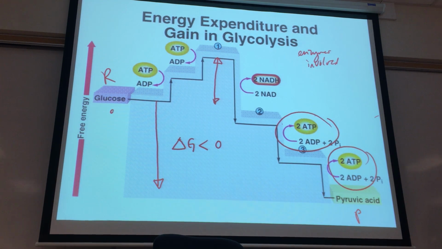How do we define endergonic and exergonic? The direction of energy, right? Yeah. And this is energy exiting the system. Exergonic. Okay. Now ADP